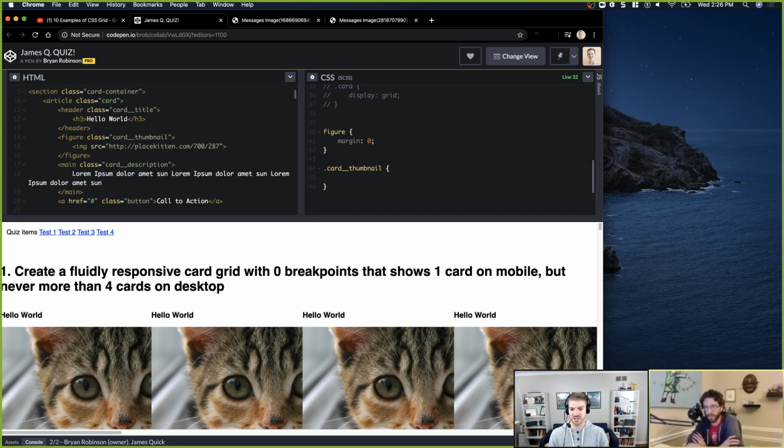And this is using BEM syntax. While I'm typing this, do you want to give people a little bit of what BEM syntax is in CSS? Not all of our exercises are going to use BEM syntax. I'm literally copying and pasting from things I've done before. BEM syntax means block element modifier.